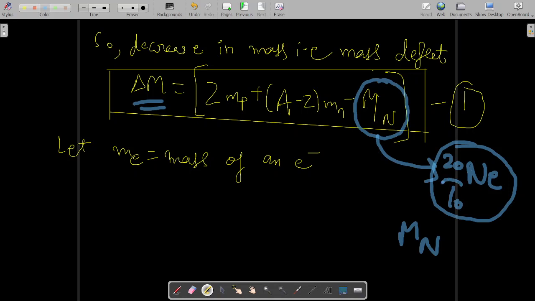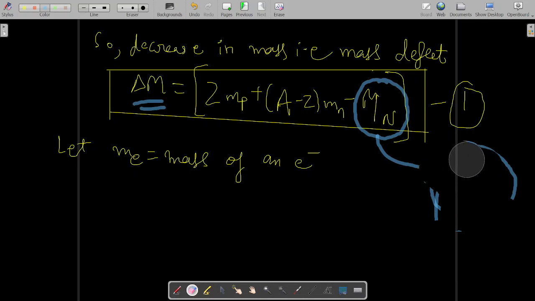A neutral atom of neon will consist of additional 10 electrons, because a neutral atom will consist of 10 electrons and 10 protons. So those 10 electrons' mass we will again add, in order to denote the delta M in terms of the atom mass instead of nucleus mass. So Me is equal to the mass of an electron, suppose. Then equation 1,